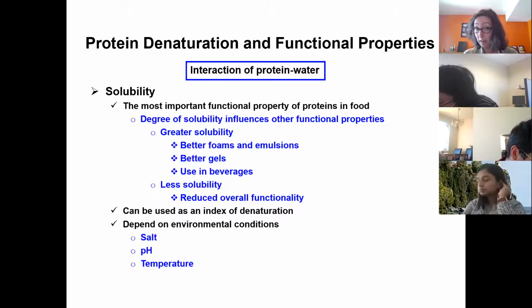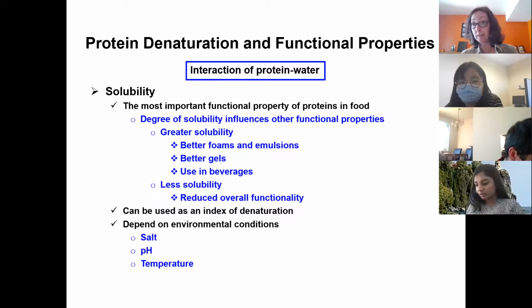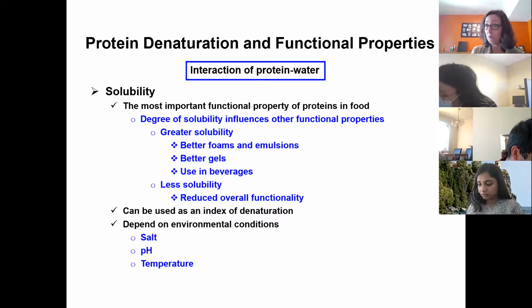Sometimes a little bit of salt helps. Then pH: is the pH away from the isoelectric point or close to it? That means, does the protein carry charge or not? And temperature. Sometimes a slight increase in temperature helps with solubilization,